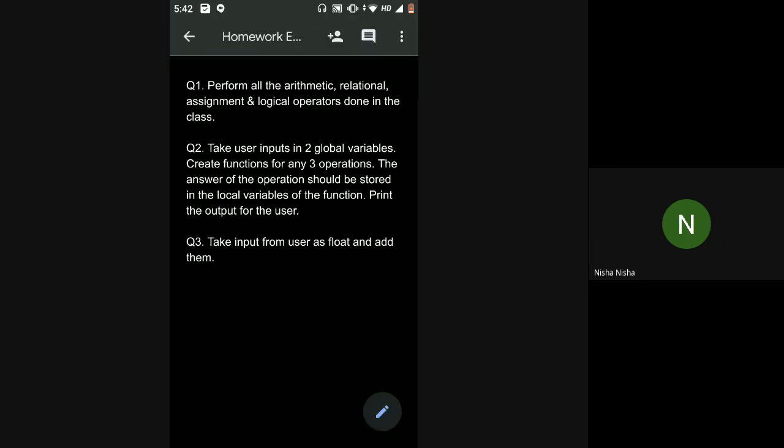The first one is to perform the arithmetic, relational, and logical operators. Whatever codes have been shown to you in the class, you will have to try to do the same thing on your own. If anyone has any questions, you can ask me. You can assign the numbers by yourself, no need of taking input from the user. You can directly take two numbers, assign some values to them,